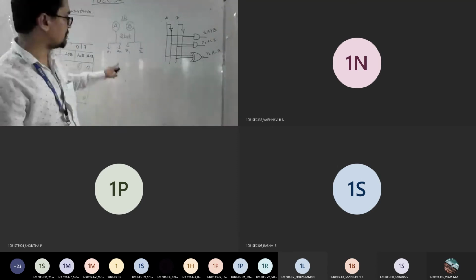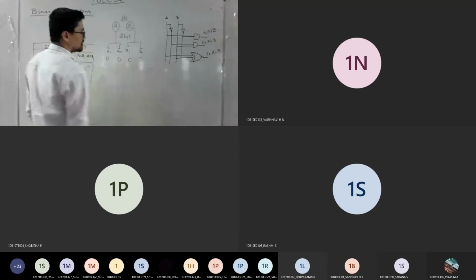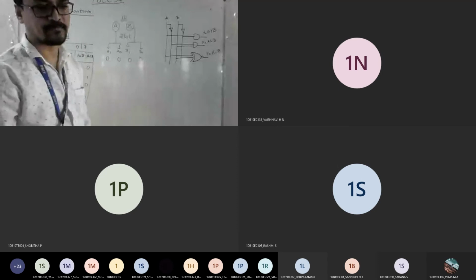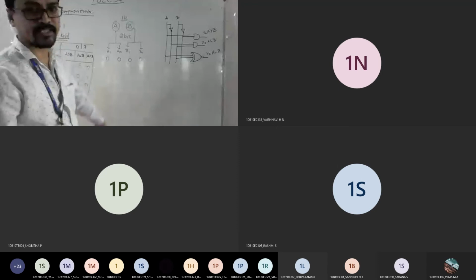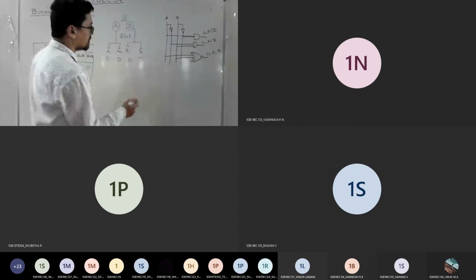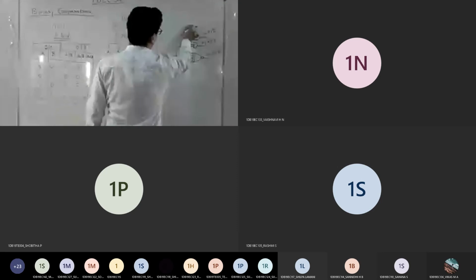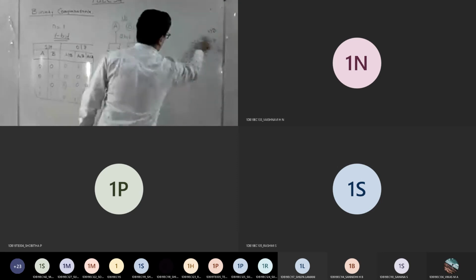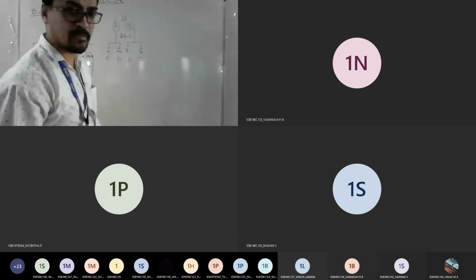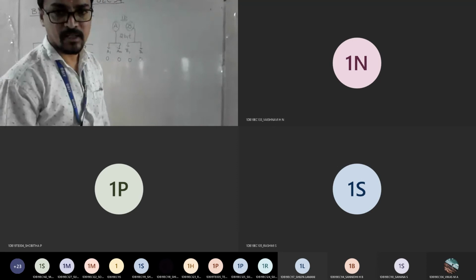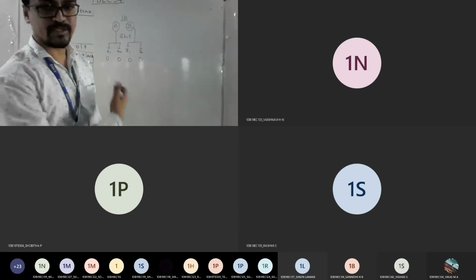From this, how many combinations will you get? 0, 0, 0, 0. 16. So write the 16 combinations, and I want the corresponding output here. Aaron, draw this. For a 4-bit comparator, they won't ask you for the truth table because you have an IC for the 4-bit comparator. You just need to realize an IC. We'll discuss that after this.